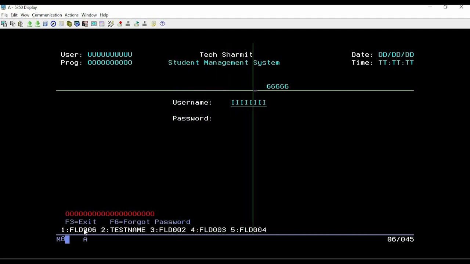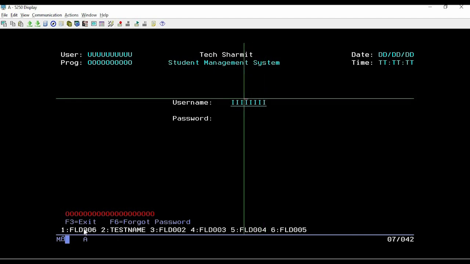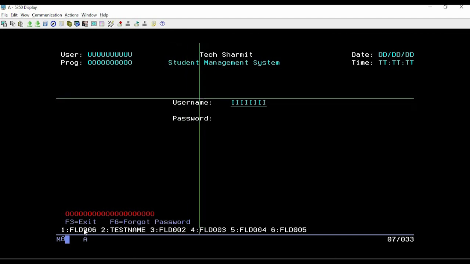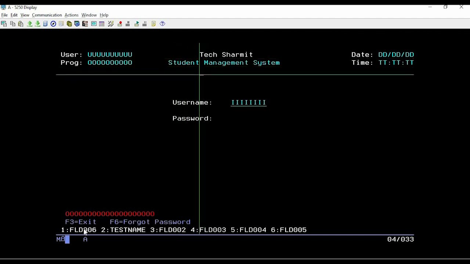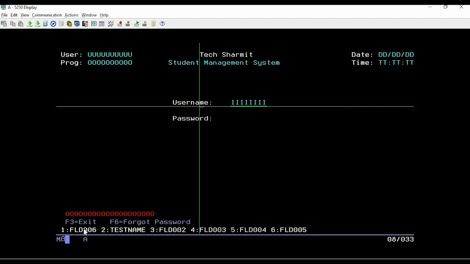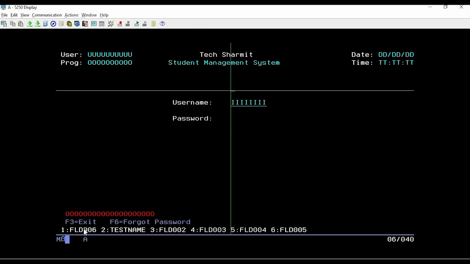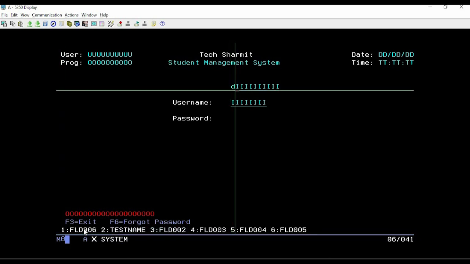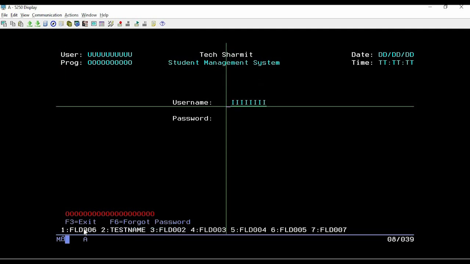Okay, so we are done with the header portion. Now we will see what we have done here. This is normal text, as I showed you above. I just created the text and changed its color. This is the input field that we just saw how to create. For creating an input field, plus I is for input, and whatever the length, let's say I want to create a 10 length input field, I will write 10 and hit enter. So it will become like this, and then I will assign some name to it and use it. So I'm deleting it, and I will show you the name that I have given to this field,